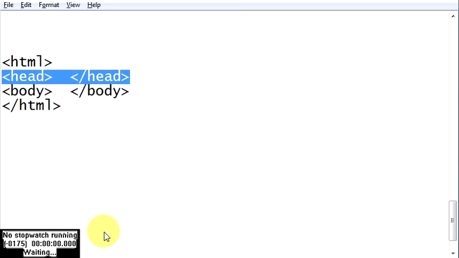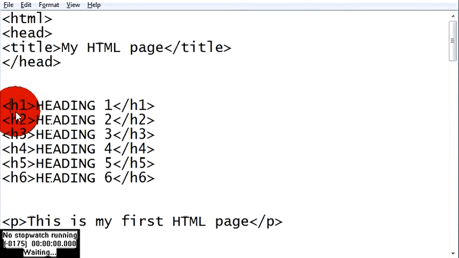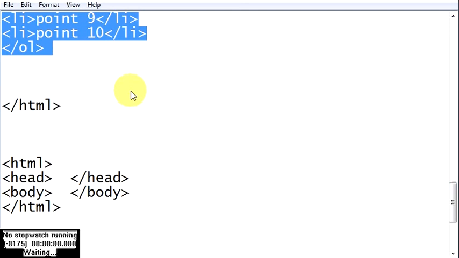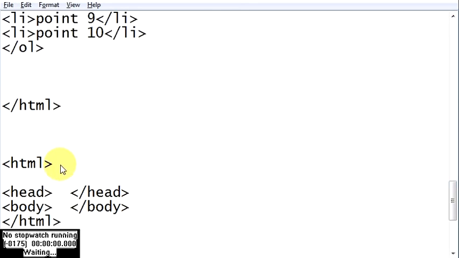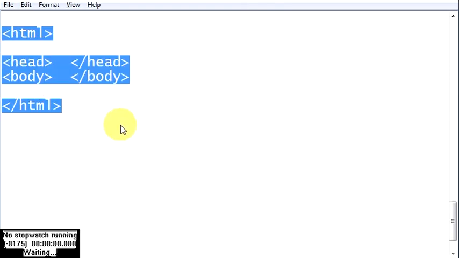In the head, you will be adding the titles, the required CSS files or any Java files, Flash files. If you have any external files, you will be adding all that in your head section. And in the body, you will be writing all the text which you wrote, just like this. All this text comes under your body. Whatever you write till here comes under your body. So your page begins with HTML, first has a head, then it has a body. This is the whole structure which any HTML page should have.